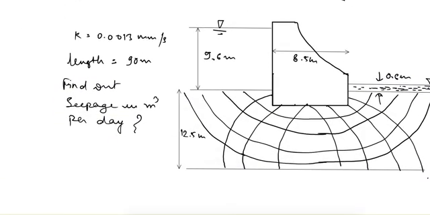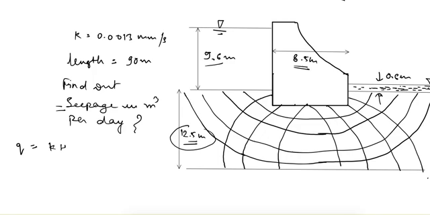Now this is a previous year GATE question. So we have been given this dam and the head of water is given on both sides of the dam, and we have been given the flow net, and we need to find out the seepage in meter cube per day. So there are many redundant things given in this question, like this 12.5 meter thickness, it is not necessary, and this 8.5 meter thickness is given, so that is also not necessary,